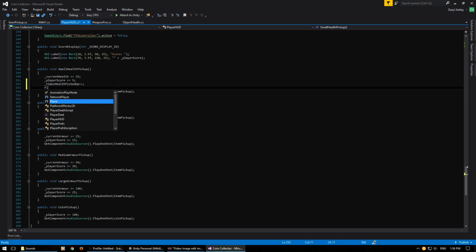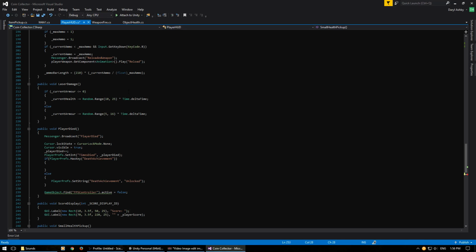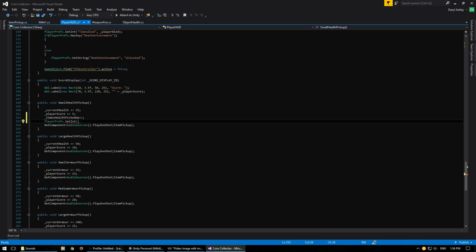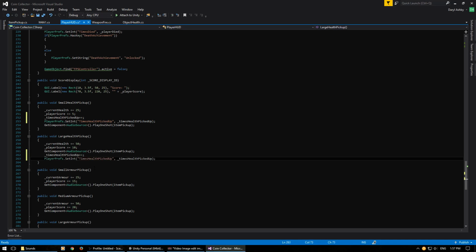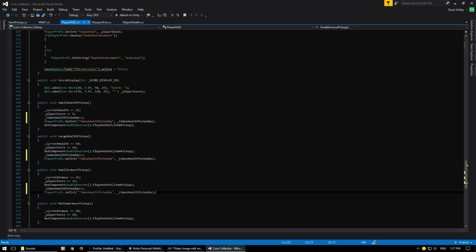And then we're going to say player prefs dot set int, times health picked up, and I'm going to say underscore times health picked up, and then I'm going to go here, copy that, put it there, oh that's armor,